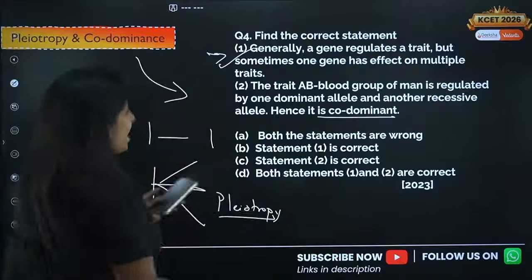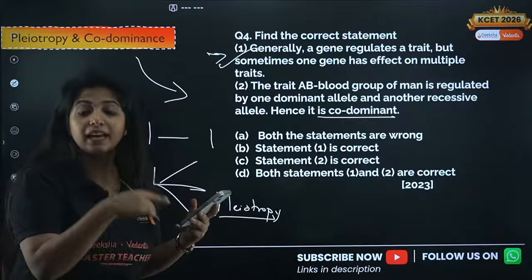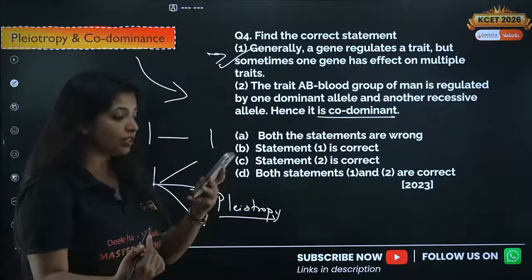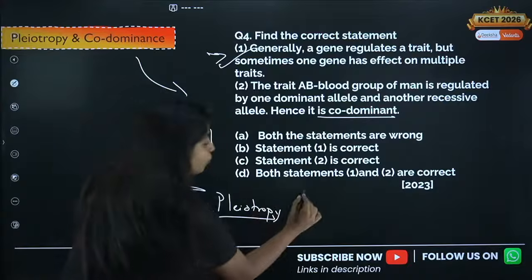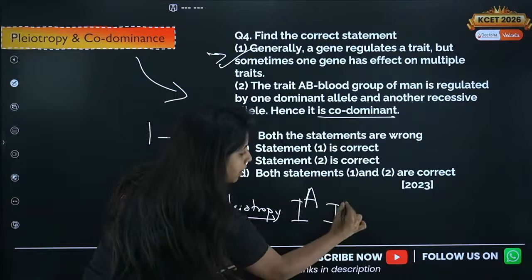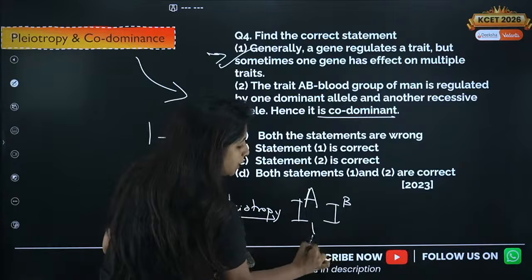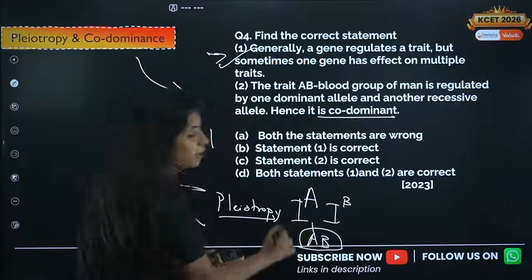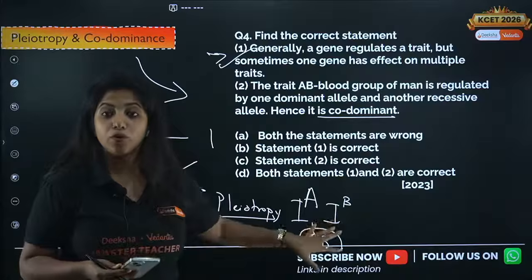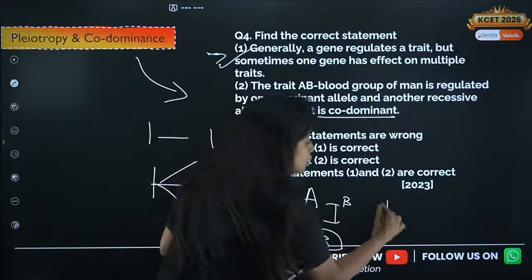And the next statement is the trait AB blood group of man is regulated by one dominant allele and another recessive allele, and that is why it is known as codominant. Do you think that's why it is known as codominance? No. Why is it known as codominant? Because when allele IA is there and IB is there, both of them want to dominate over each other, but at the end, both of them are able to express, which is why we have blood group AB. They are codominant. They are dominant together. That is why it is known as codominance, not because there is a dominant allele and a recessive allele. If the situation was like that,